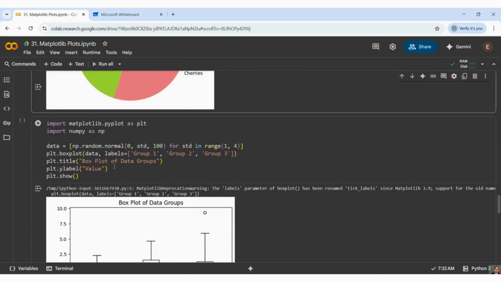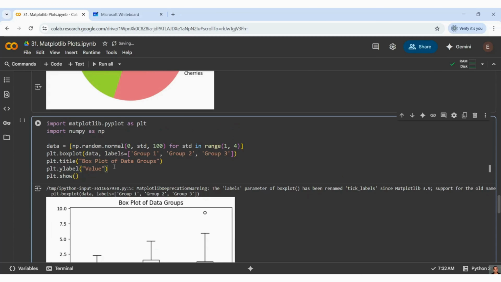And we have box plot, guys. Box plot I have shown you in pandas. Now we will understand here how to do it. So I have taken data. I have taken my normal data, and then I am taking a range of 1 to 4. It is going to give me all the range between 1 to 4, and 100 data points.